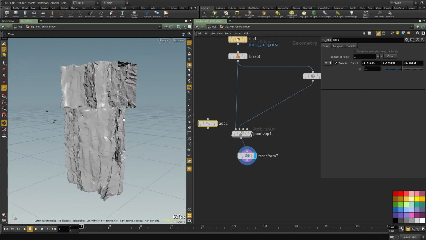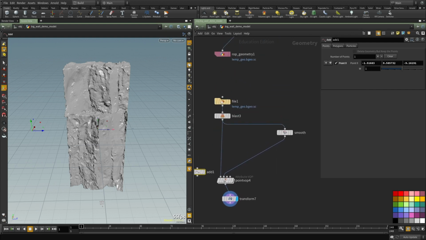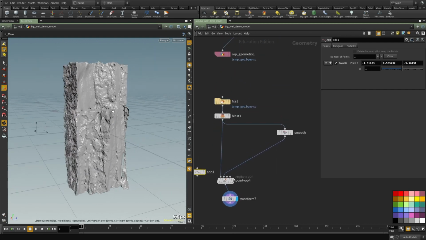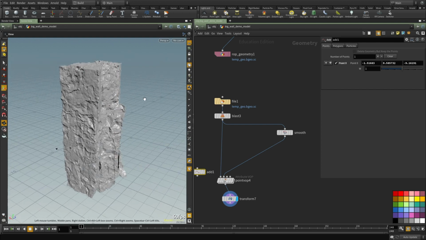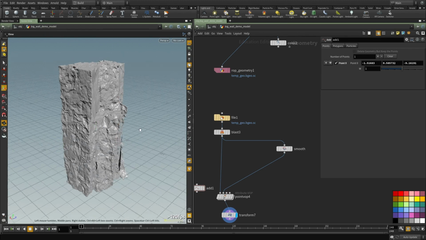So this is one idea, and hopefully you guys will be able to get inspired and try new things. You can also randomize this per block, so we have that ID information that we can always use to vary the result per block. And I think that's pretty much it for this asset. We're going to learn how to create a few more and hopefully show you guys some more cool tips and